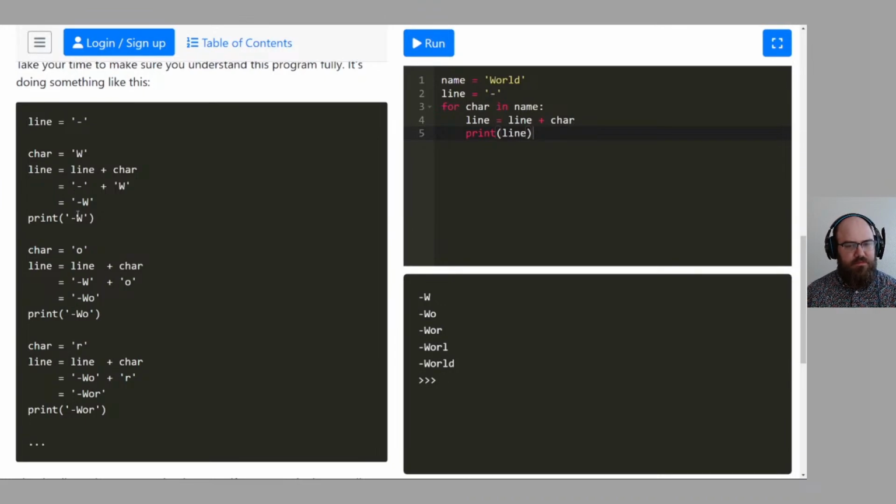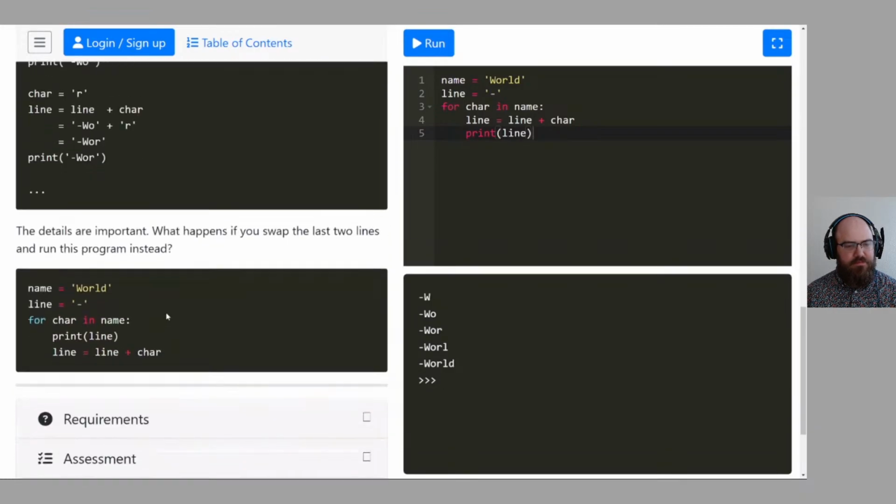Okay. What about this? The details are important. What happens if you swap the last two lines and run this program instead? It's going to start out with a dash, and it's going to try to do dash character, dash character, dash.